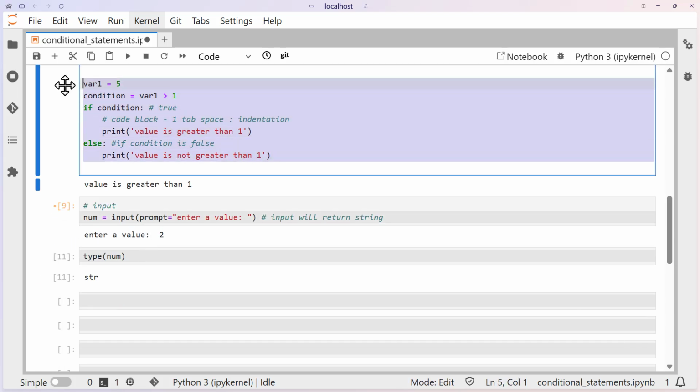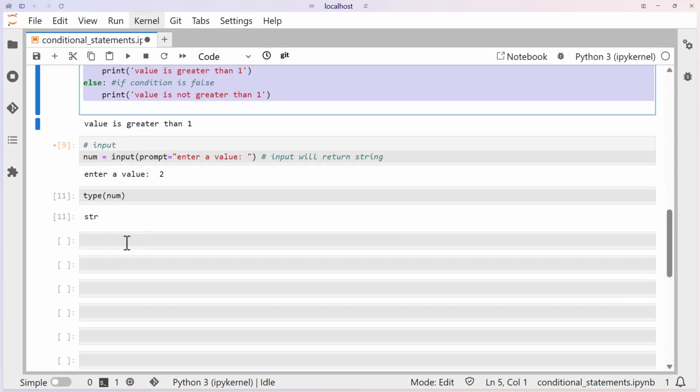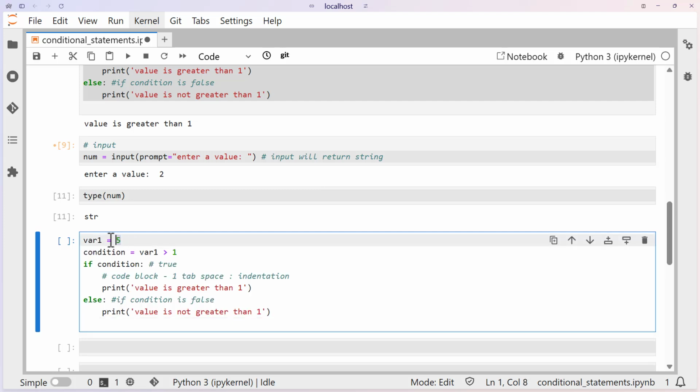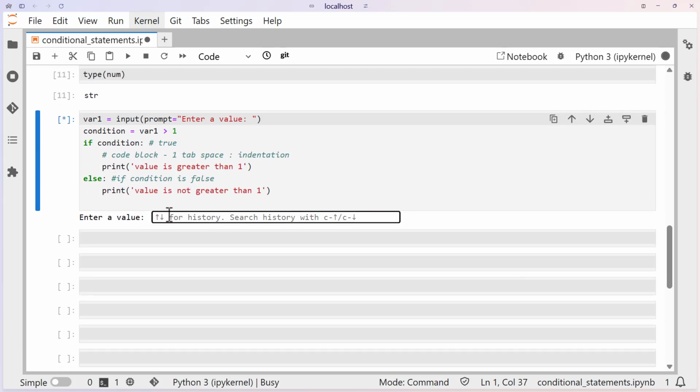Okay, so now using this input, let me make this condition more dynamic. Let me copy this piece of code and paste it below here, and instead of directly giving variable 1 a 5, I'll use this input, and let me write a prompt saying enter a value, something like this. Now let's execute it, and here let me enter 2,